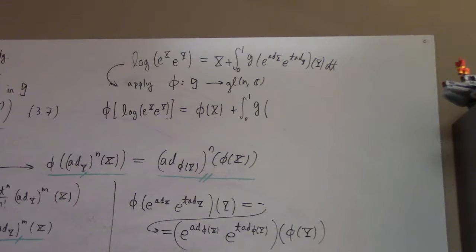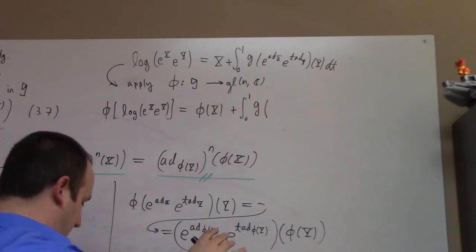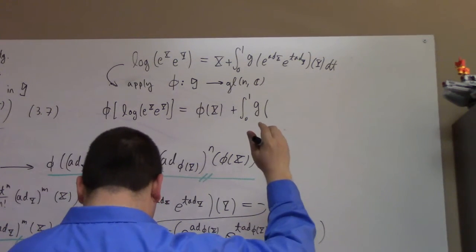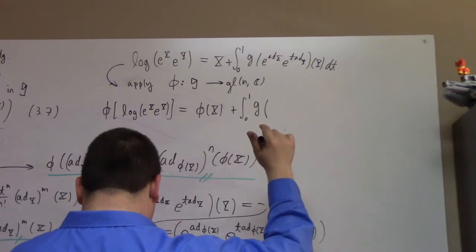It's just a power series of operators. So basically the point of these derivations is that the Lie algebra homomorphism naturally filters through those. In the same way that we were able to take phi from the outside to the inside, the same calculation allows you to do that up here and get,